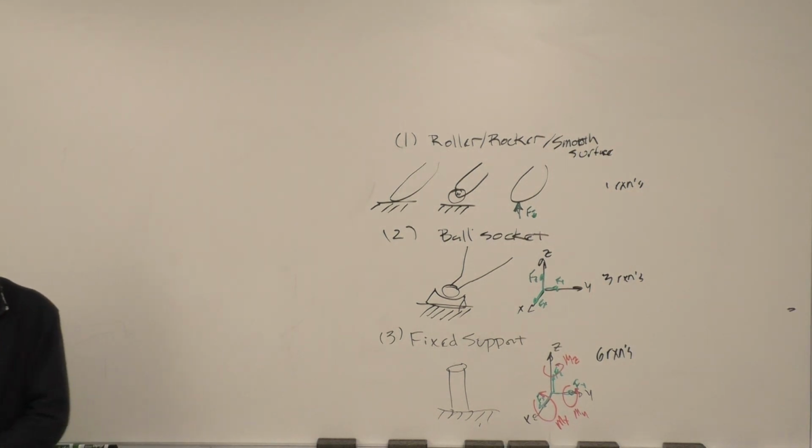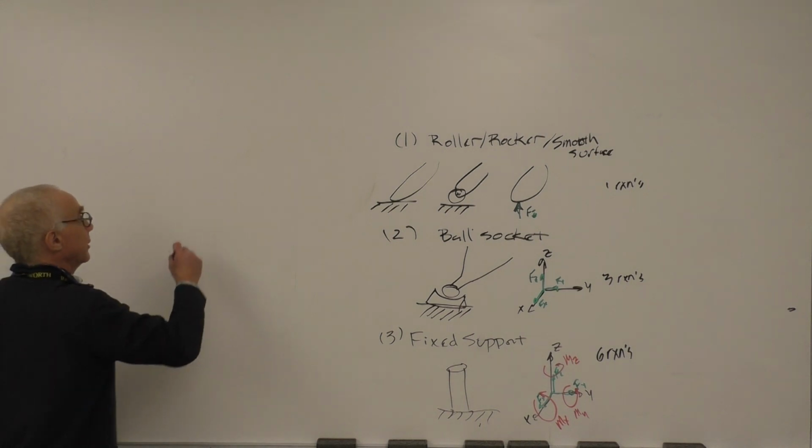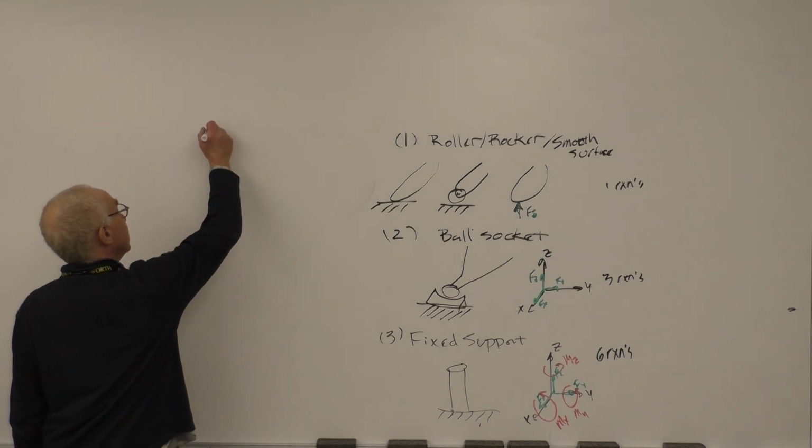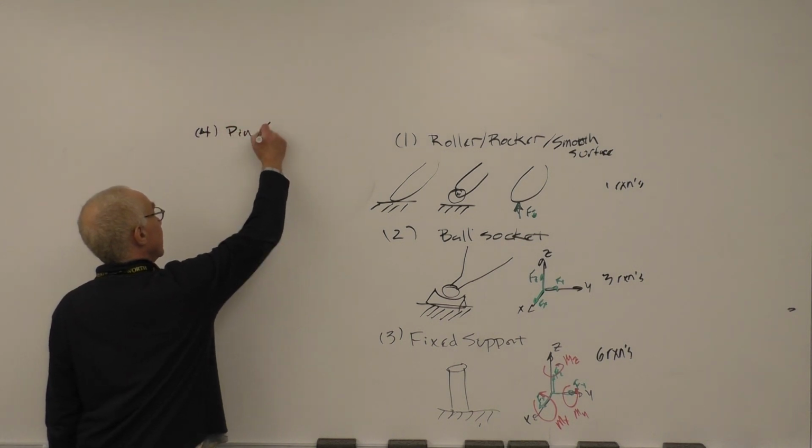So let me see if I can draw one reasonably well. And I'll draw both a pin and a hinge, and they basically have the same support reactions. So this is either a pin or a hinge,